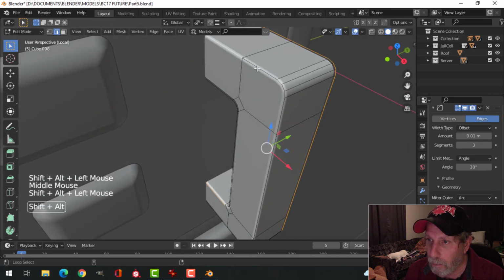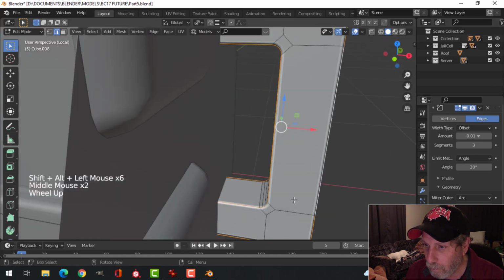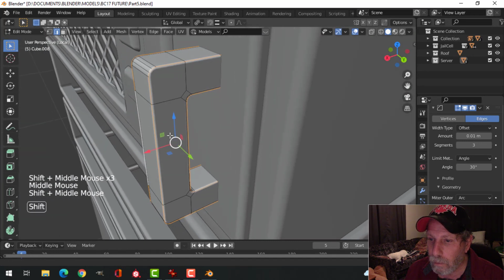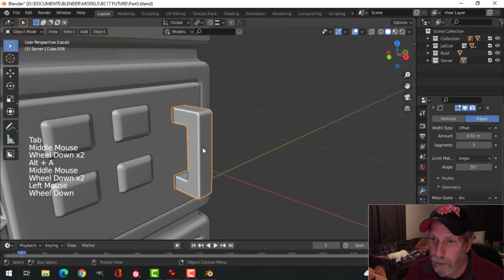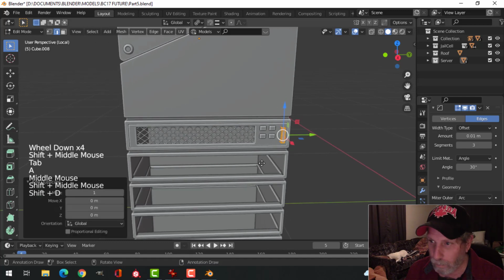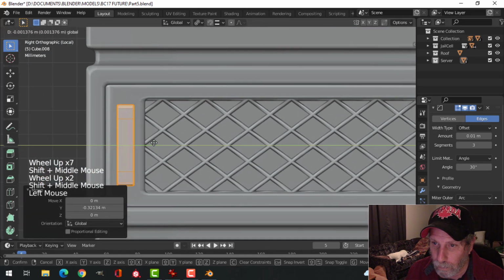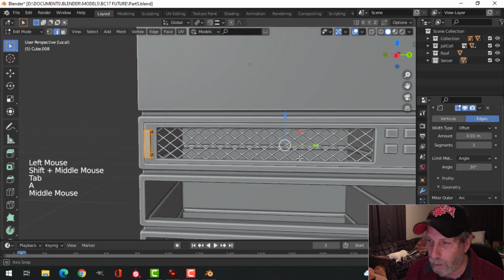Let's select all these edges here and bevel that. Oh geez, I don't even have these yet. Okay. Hope I'm not missing anything. Sometimes I can't see it. I don't know how nice that is, but you know, from a distance, I don't know. You know, that's what I was thinking of. Maybe